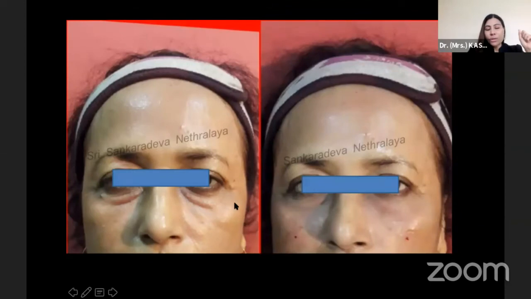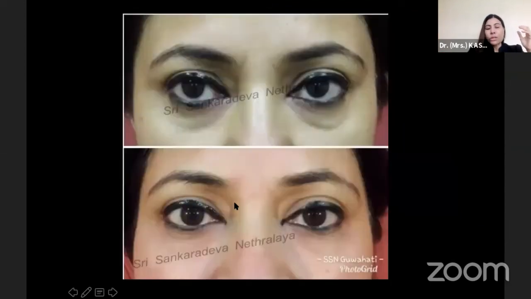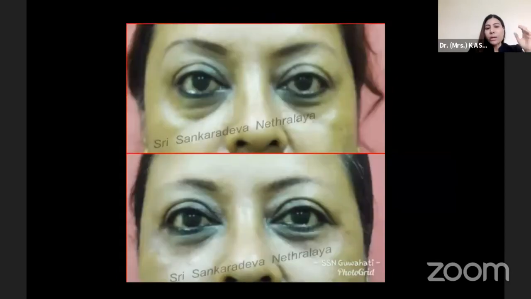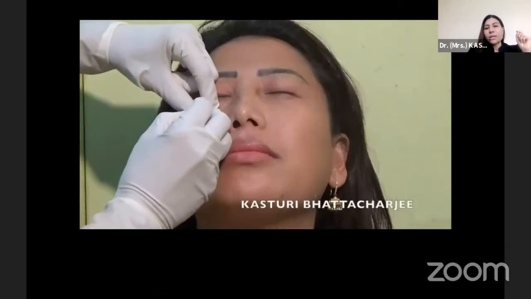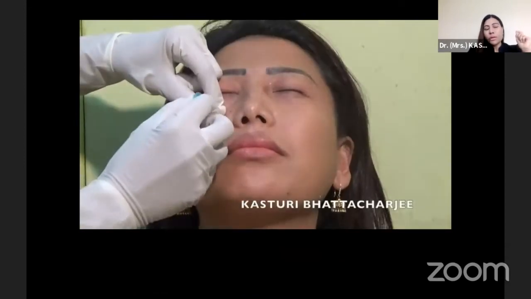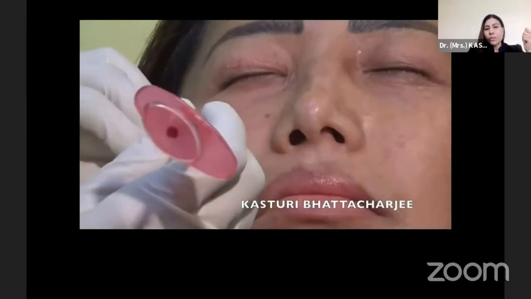You can see how these hills and valleys get much better treated following this injection filler in many situations. But if you have a situation like this, a deep valley, then this is the indication you need to go for filler. Filler, there are two ways. One is the injection and one is a cannula.